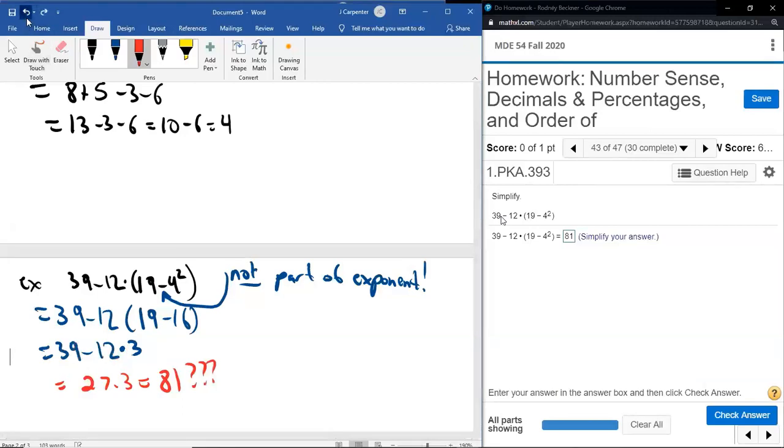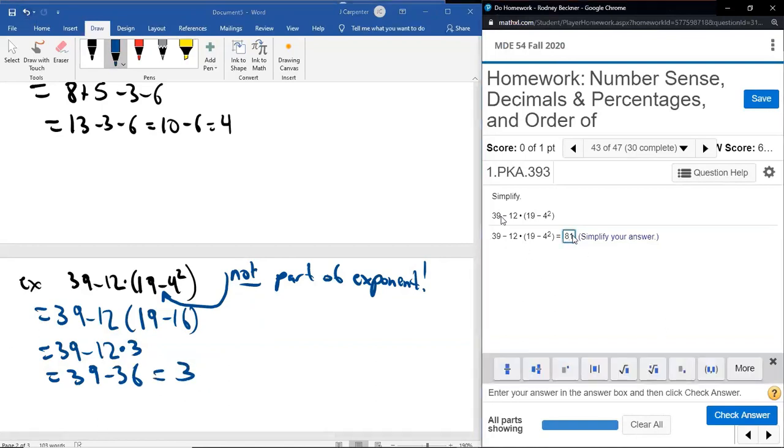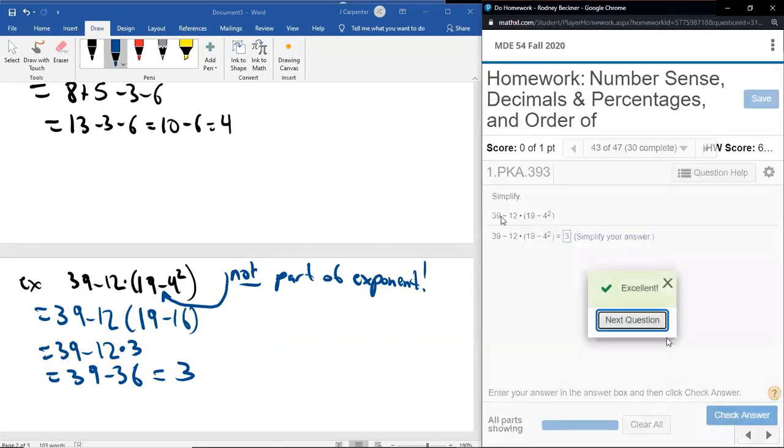No, that was bad. We were supposed to follow PEMDAS. In the third step of PEMDAS, we already did our parentheses. There were no exponents. We're supposed to do multiplications and divisions. So we were supposed to do this first, this 12 times 3, which is 36. So we get 39 minus 36, which is 3. I'm trying to pen over here. Can't do that. So let's see if the answer is 3. Hot dog. We got it right.